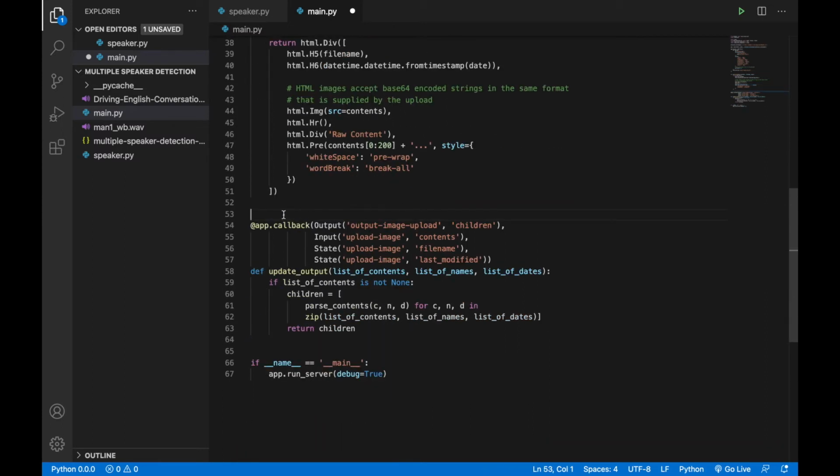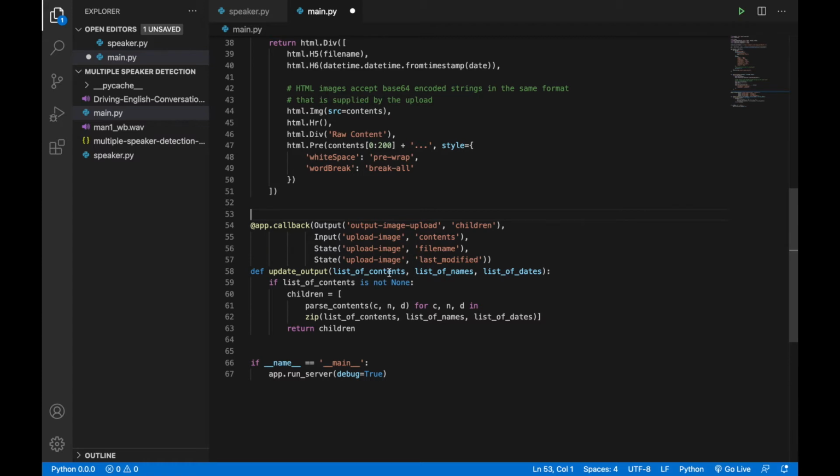So the last part is the callback function, which is called update output. So the essential concept of this callback function is to update the list of contents displayed on the website.